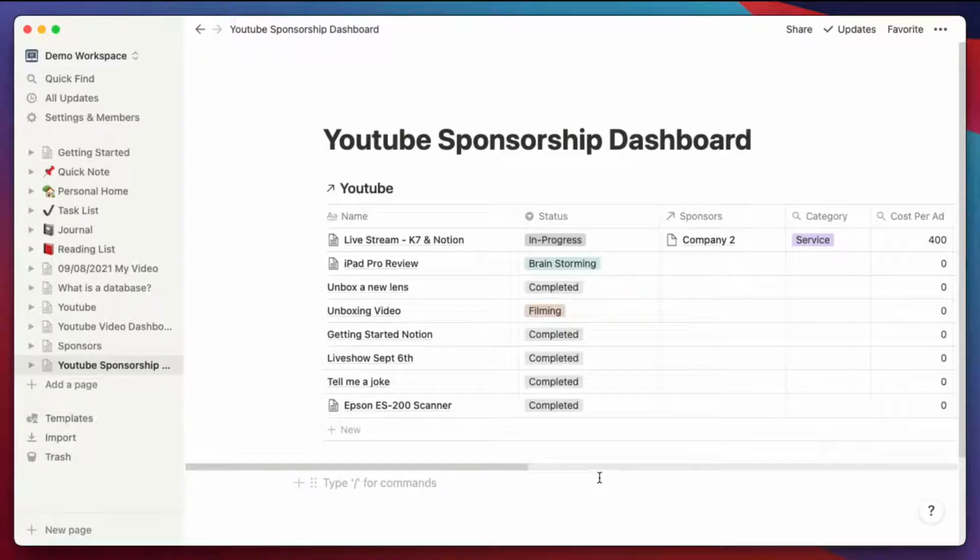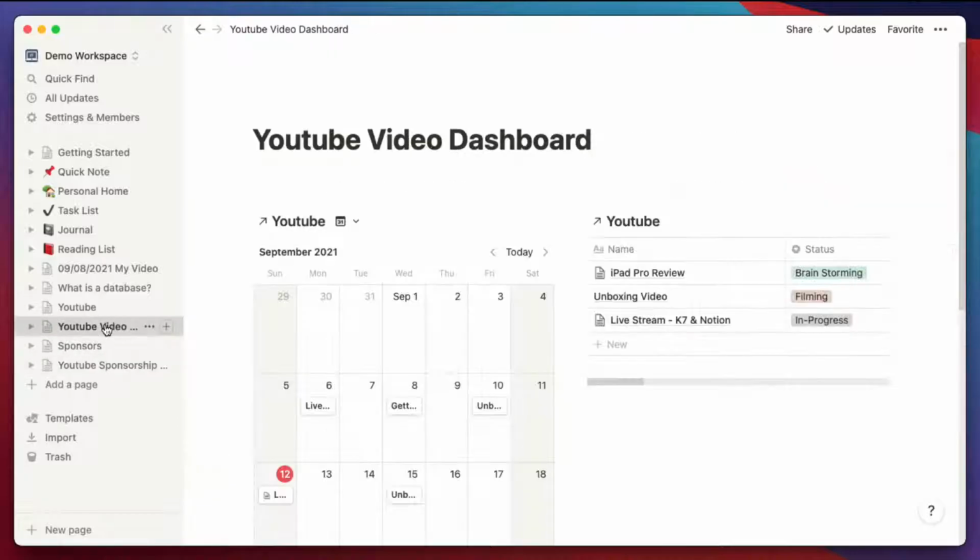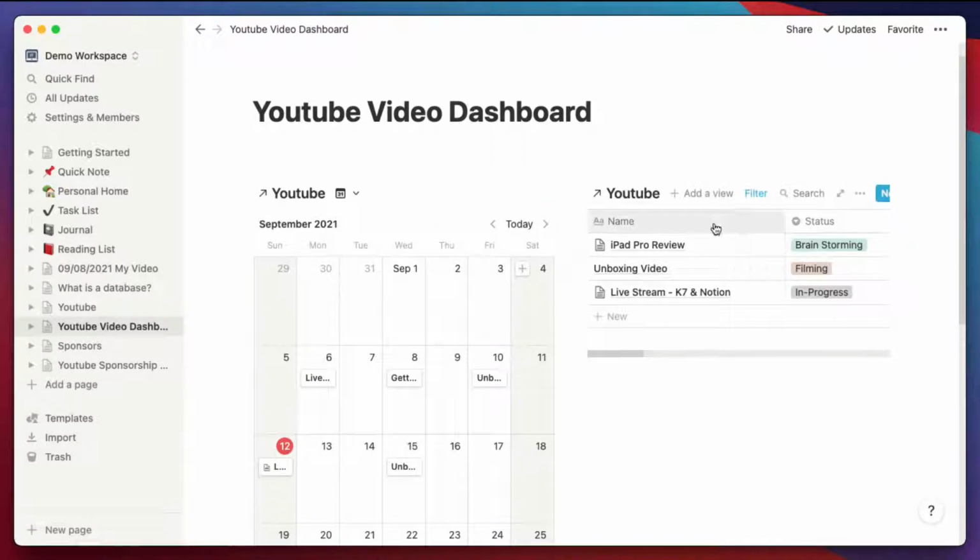So let me recap what I did today. Last week we talked about getting into Notion itself, like the editor. It's a very simplified editor. But then we started building tables or databases, and I like to think of them as tables really, because that's what they are to me as far as the simplified view. And we got into these dashboards, a calendar view, a list view here. There's a little trick to getting these side by side.